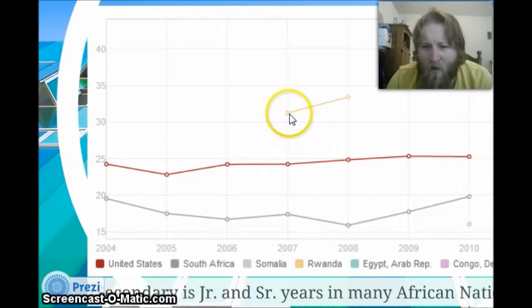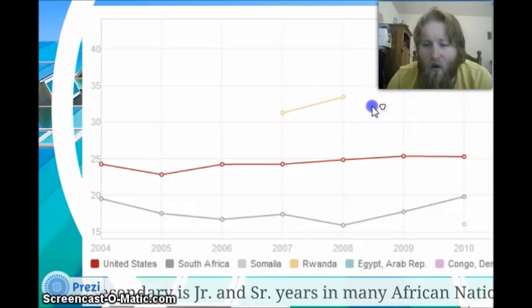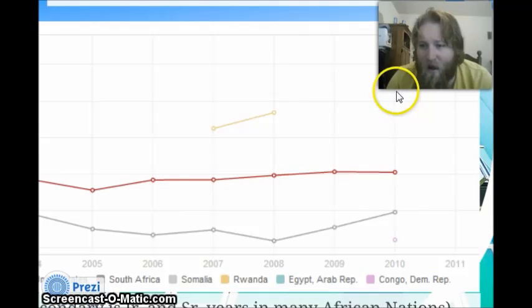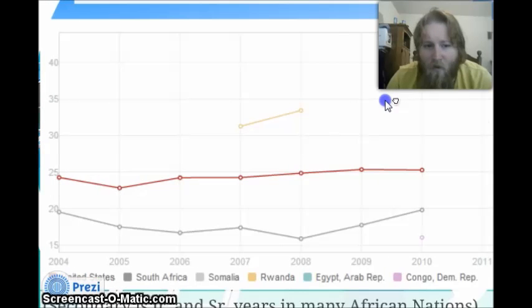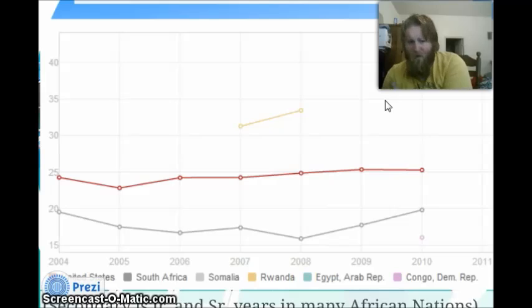You've got about 32 to 34% change between 2007 and 2008. And then in 2010 and 2011, we're looking at about 37 up to 39% of their GDP, which is